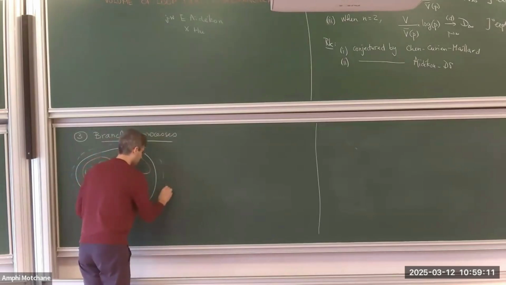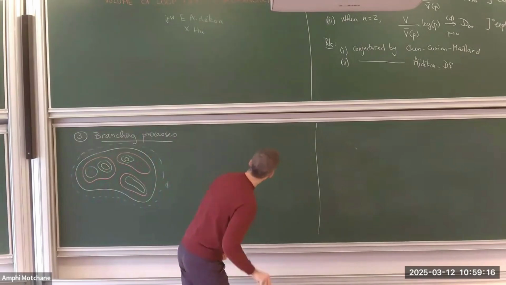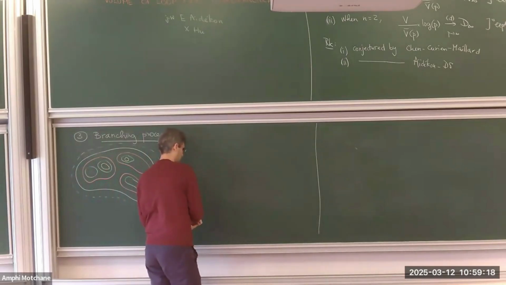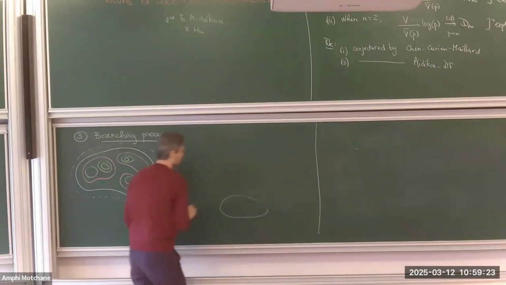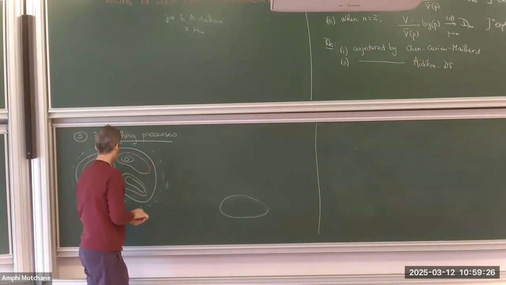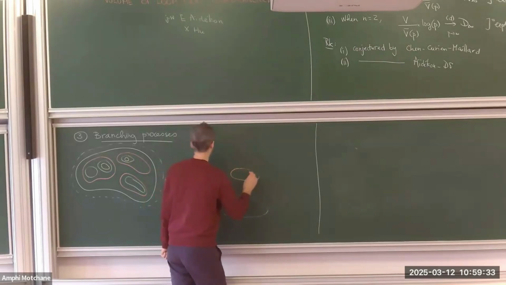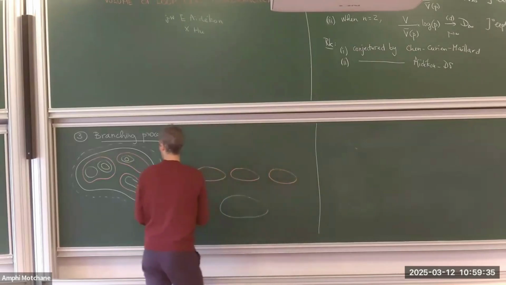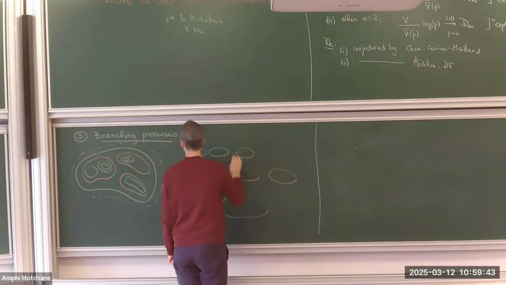This loop, I'm going to call it empty. And so I'm starting from this massive loop, blue, and then I'm exploring the planar map by generations. So I see these red loops. Then inside each of them, I can see children of these loops. So maybe I see something like this.